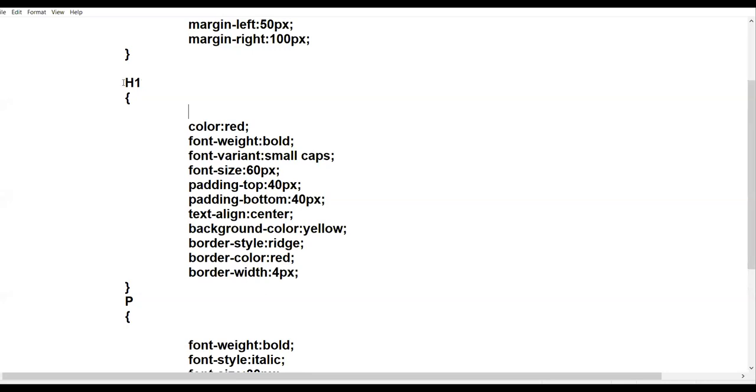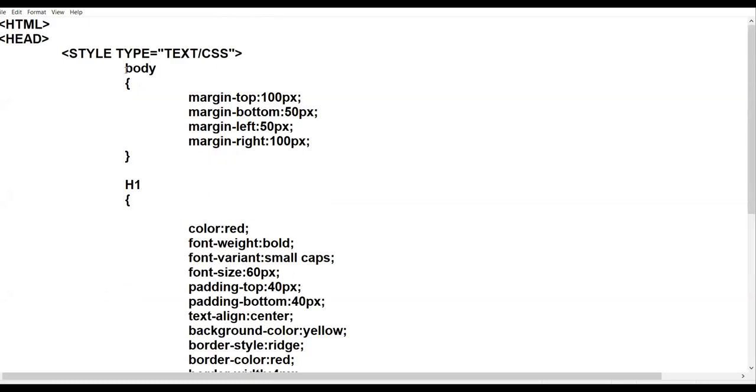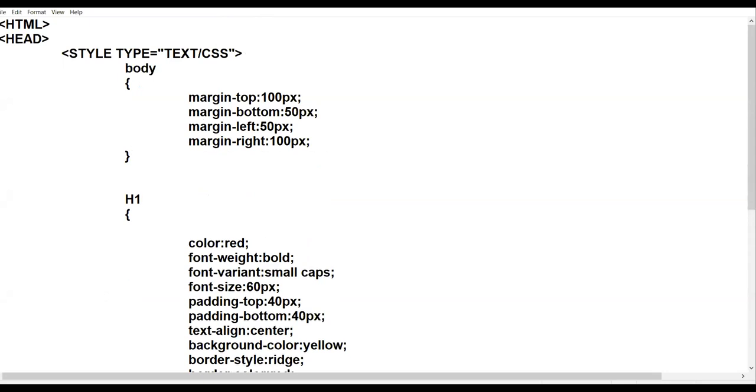Here you have selector H1. Here you have selector P. Here you have selector body. Now how to create universal selector? In order to create the universal selector, you write asterisk. Asterisk signifies universal selector. It means the property which you are going to apply will be applied to all the tags, all the elements of web page coding.